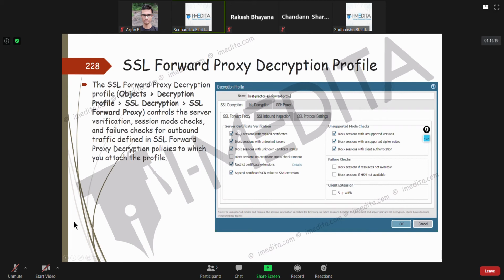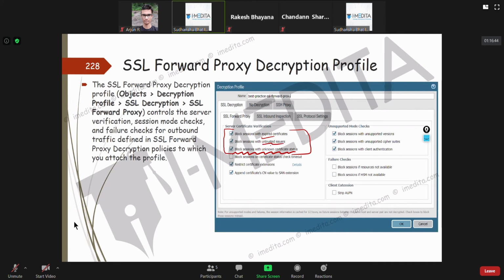What do you mention here? You mention block sessions with expired or untrusted issuers. Okay, so if a user is trying to access a website whose certificate has expired, the firewall will not allow you to access that website.